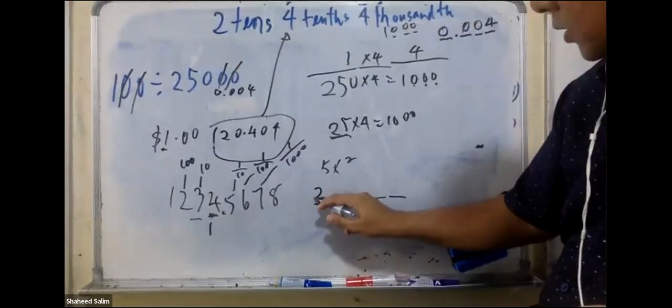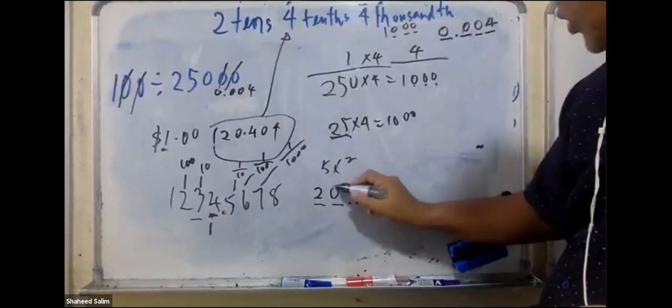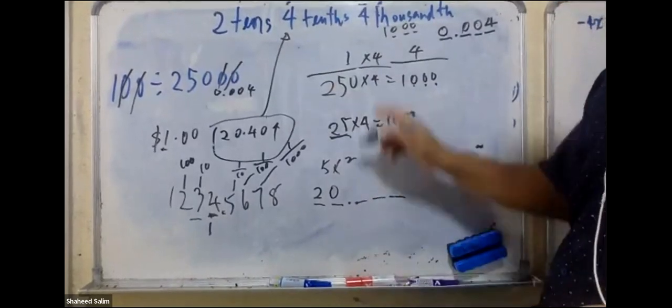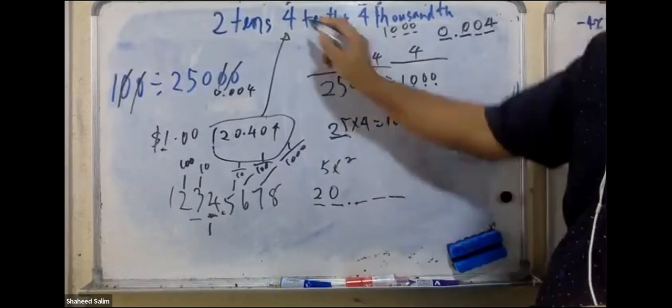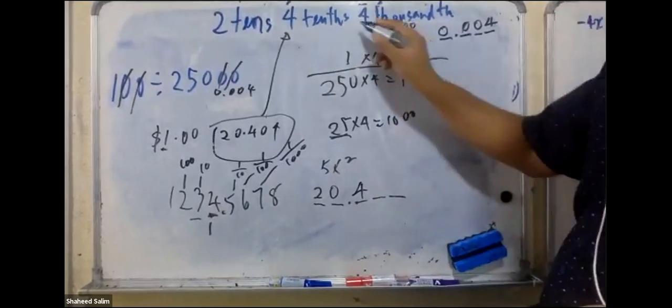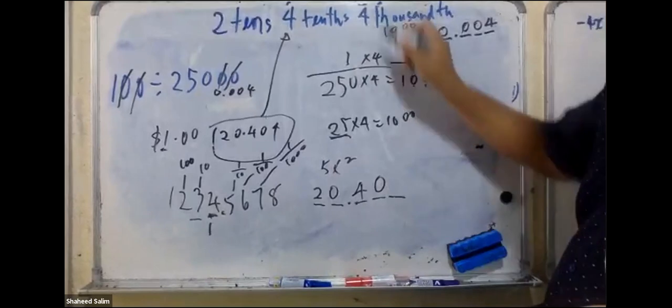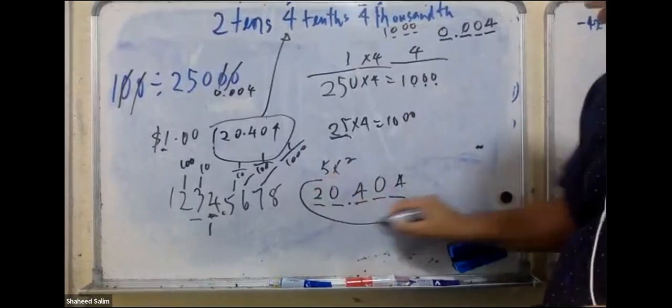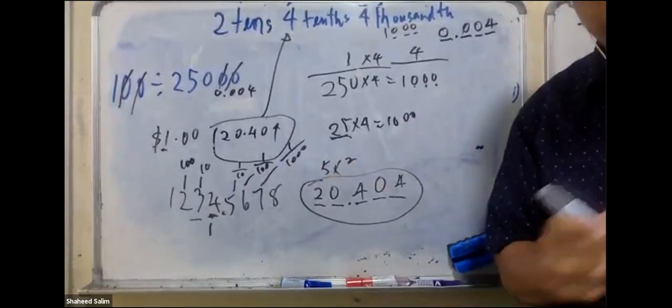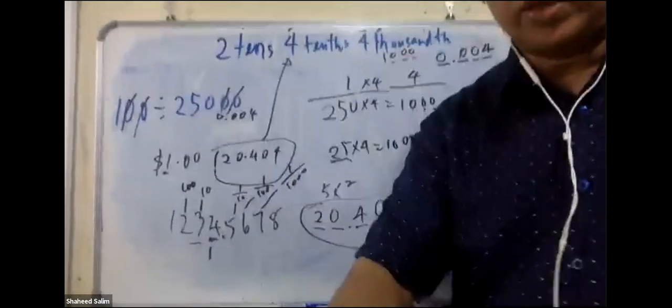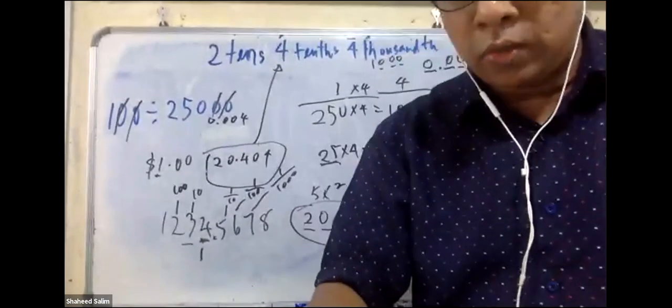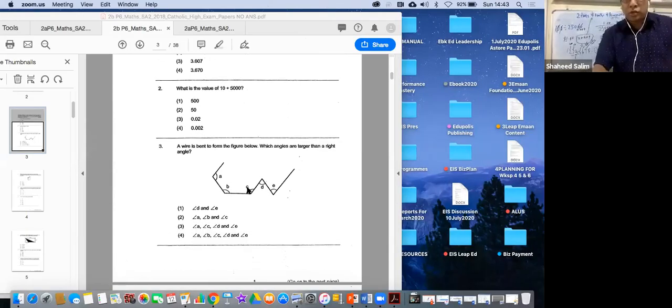This is the tens place. Ones, no ones, I put 0. Okay. Then tenth, no tenths. Hundredth, no hundredths, put a 0. Thousandth, 4 thousandths. So this is your answer. Congratulations if you've gotten it. Okay, we will move on to the question down here. You will watch the video. If you can't understand, you have to watch the video.